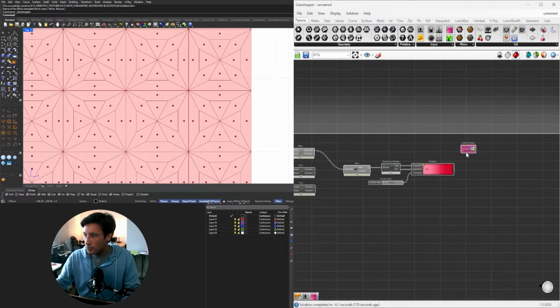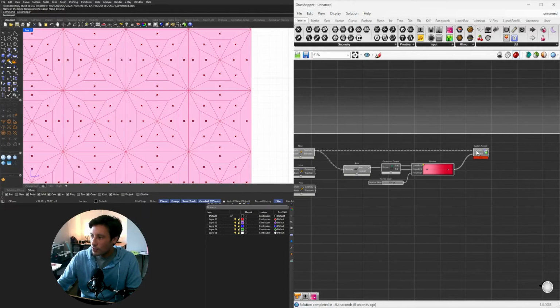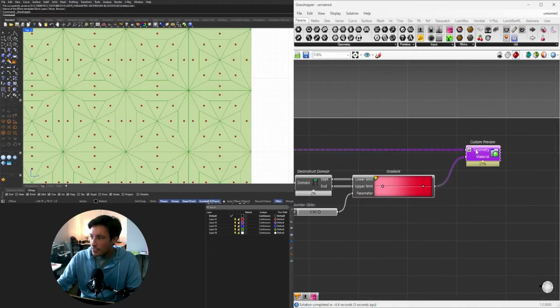Custom preview we can use to plug in the geometry that we want to preview and the color assigned per area to each object here. Now, here's the thing that I didn't mention. I do need to flatten the input, both for the graph and for the input. I need to flatten it, and then it'll work, because like I said earlier, when you have a dashed line and a wire here that's not dashed, actually this is a different wire. This has multiple data points, but they're all in one list. And this is a bunch of different